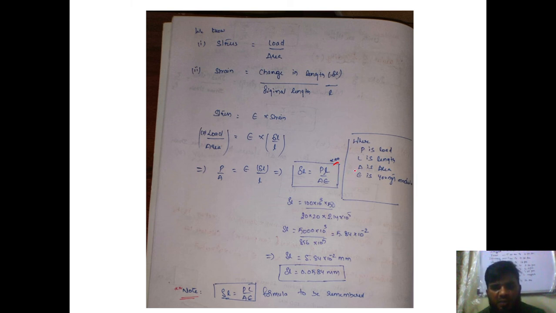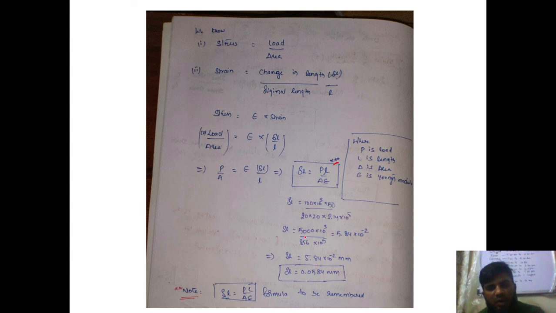Now everything has been provided in the problem. Load has been given as 100 kilonewtons, that is 100 into 10 to the power of 3. Length has been given as 50 meters, I will substitute 50 meters. Area of cross section they have given as 20 cross 20, I will write it as it is. Next, my E is given as 2.14 into 10 to the power of 5, which we obtained in the previous slide. So now we will try to solve this.